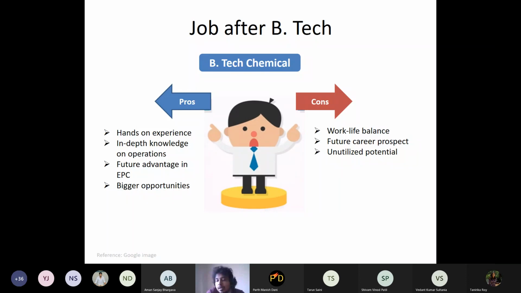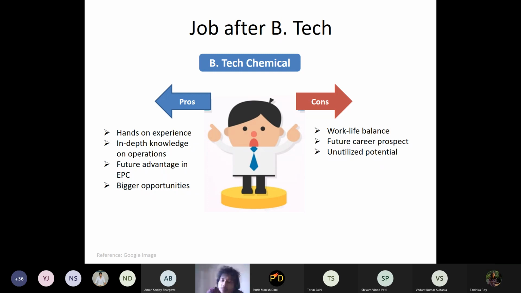Second is the future career prospect. In plant experience you have one dimension. You know many things, but you may need to stay in the plant environment or the operational excellence area if you are only going with plant and you are not adding any niche skills which can attract another employer to take you into a bigger role or an improved role in some process. That is one of the things. And third is that you can have much more potential.